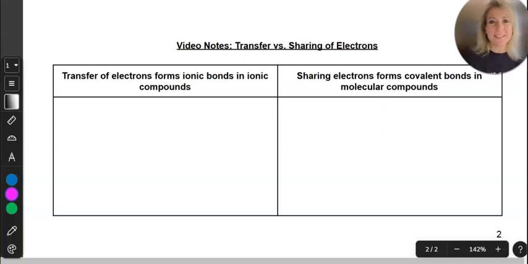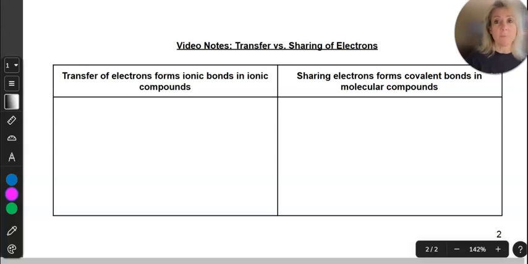Hello, chemistry students. This is a very brief video that is going to discuss the difference between the formation of ionic bonds and the formation of covalent bonds, which are found in molecular compounds. So what we learned in the last unit is that ionic bonds form when electrons are transferred from the metal